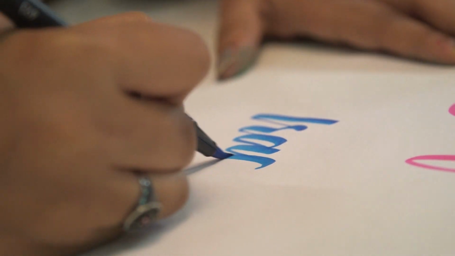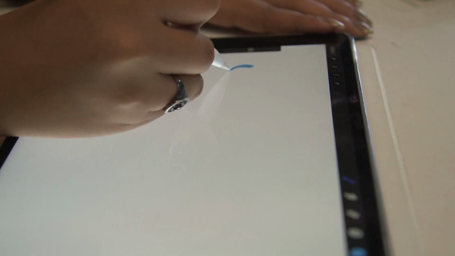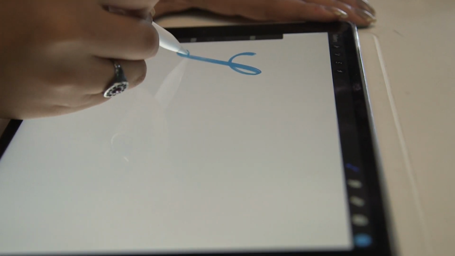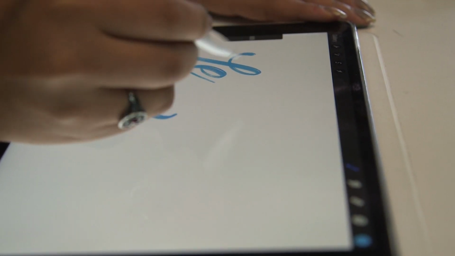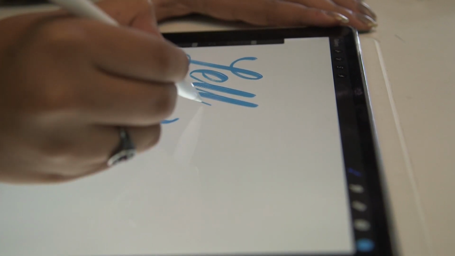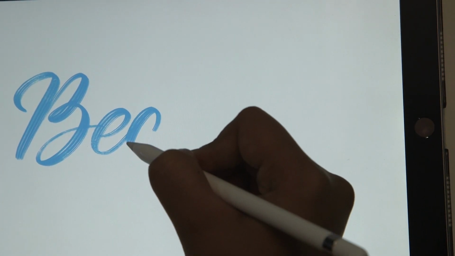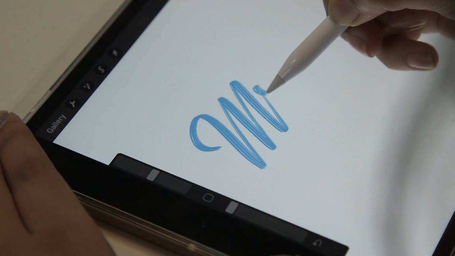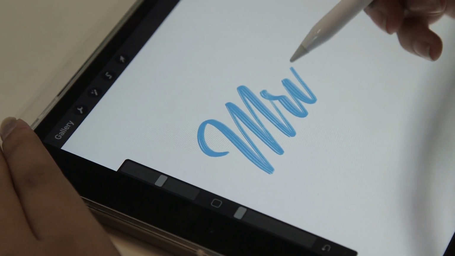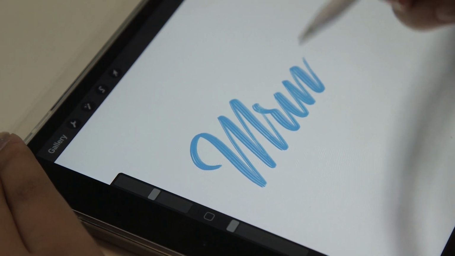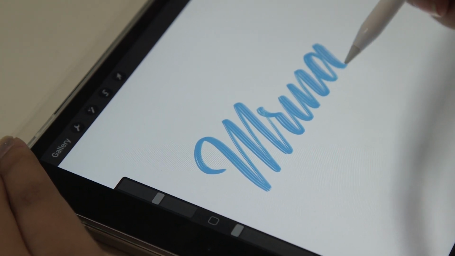When you're working on paper, you will see for your down strokes which are thick, you put more pressure, the brush pen bends that way so that it covers more area on paper, so your down strokes are very thick. What happens digitally on an iPad with Apple Pencil is that the tip is fixed, right? Only thing that is similar between the two things is the pressure. So only if I put enough pressure will the strokes come. Also, the tip will not bend like that in a brush pen. So if you actually compare, it is very difficult for a learner, for a beginner to begin their journey in calligraphy directly on the digital medium.